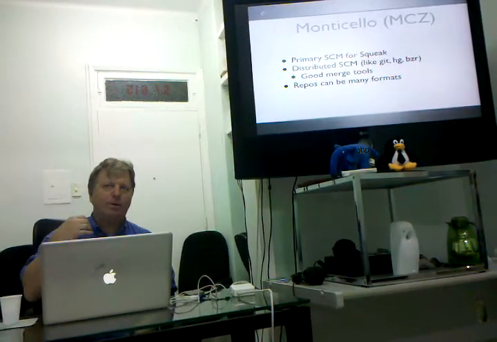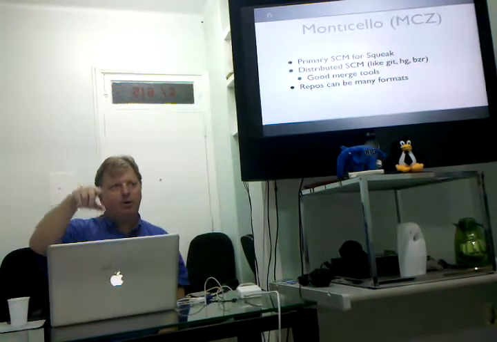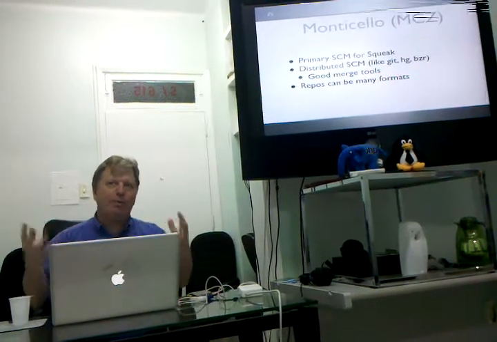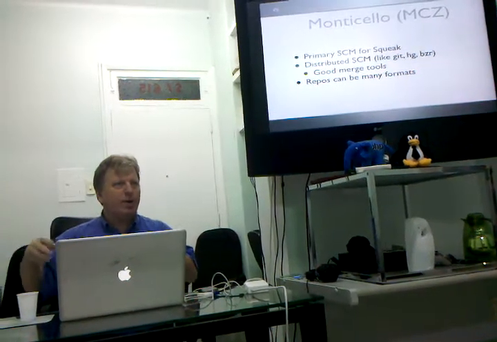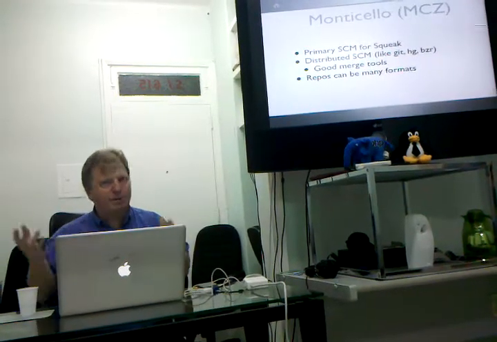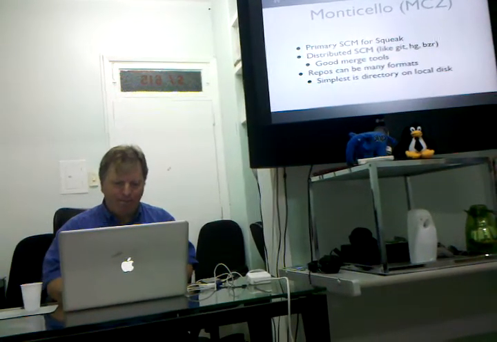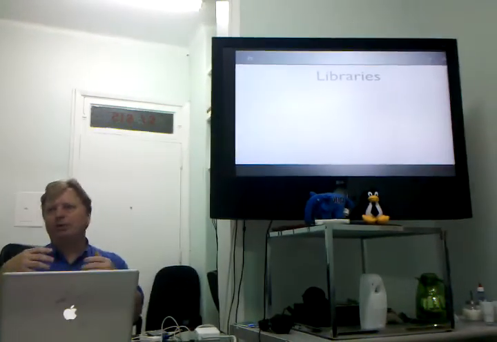And it's also Smalltalk aware. So if one of the things you do is rename a class, it knows that the class is renamed. It does the right thing when it merges it. It's not actually like looking at source code line by line to figure out what to merge. It's doing an actual knowledge merge because it knows the classes, the hierarchies, things like that. So very smart. You can store things just on local disk, or you can also put them up on things like Squeak Source. Squeak Source is like source 4